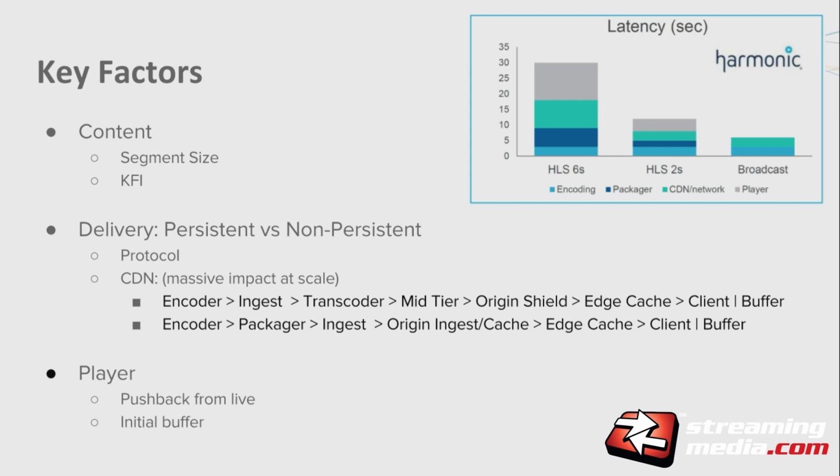It has a lot of steps the content ends up going through if you're doing some larger scale stuff, utilizing the CDNs. If you don't have a CDN, you still have to worry about ingest, encode, package, origin, and then some type of caching layer in most cases. And your player, you also have to consider what your pushback from live is, your initial buffer. Pushback from live is how close do I want to try to start playing? Because if I always try to play like, hey, I want to just load the last fragment and play that, you will have buffer issues due to fluctuation in normal internet, especially over TCP. And your buffer is how you balance that.